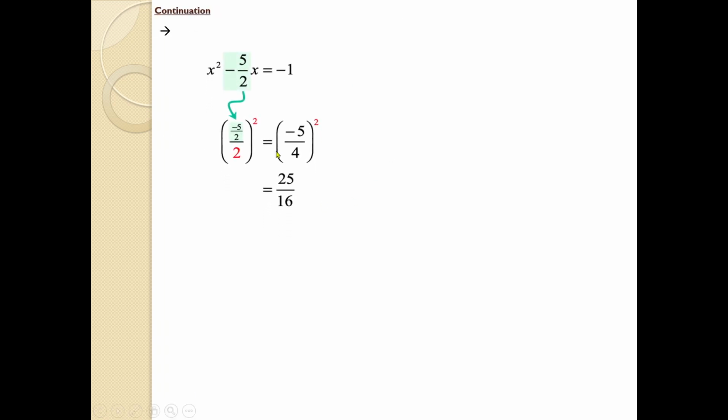So here, x square minus 5 by 2x equal to minus 1. You need to divide this by 2 and take the square. You will get 25 by 16. I am going directly to the values. Go through these steps and computation, because these are very easy steps. Even though there is a difficulty in computing, the steps are very easy. So 25 by 16, now you have to add this 25 by 16 to both sides, so it will be like this.